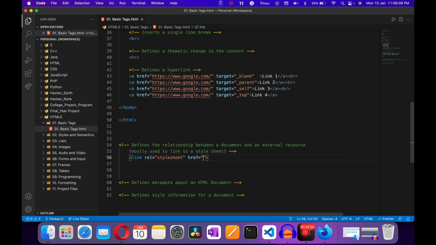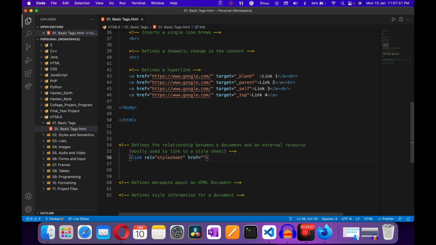So the main thing right here is link tag is used to connect your external files to a HTML document. As an example, if you create a HTML document and after that you create an external CSS file, then you have to use link tag to connect the HTML document and the CSS document. So link tag is used in many forms, but the main thing is to relate your HTML document to your CSS file.